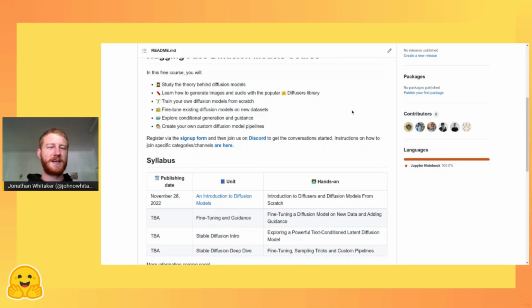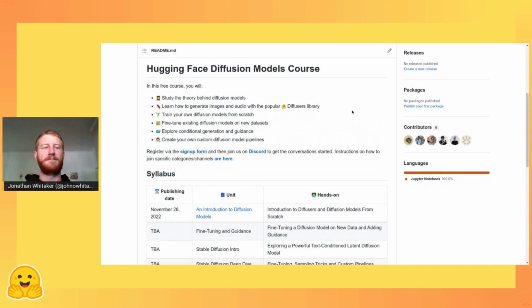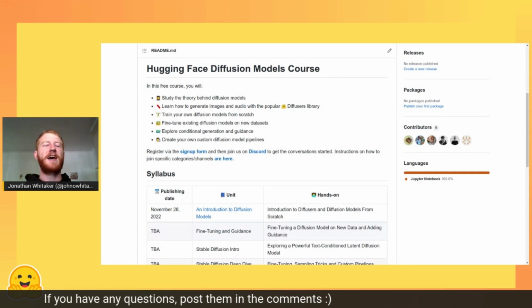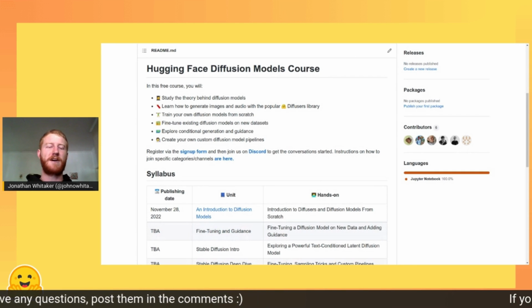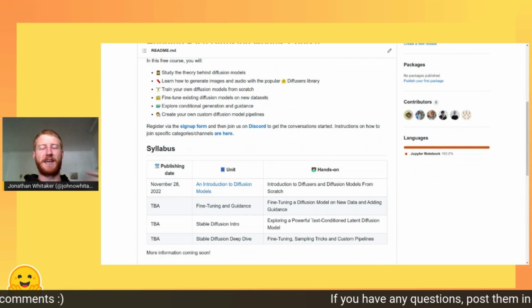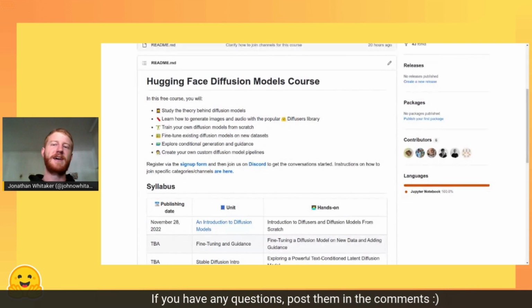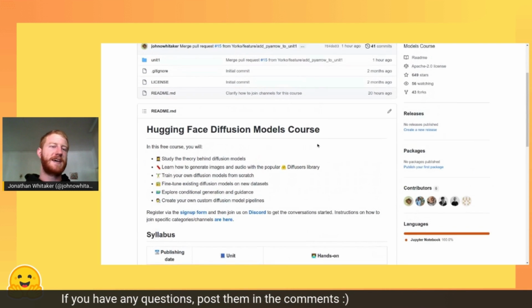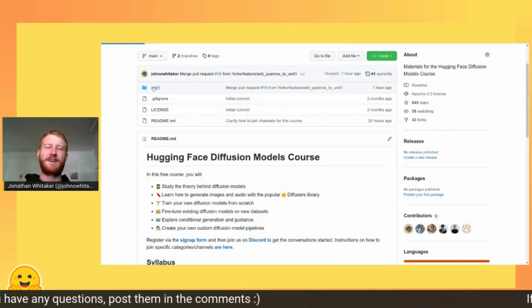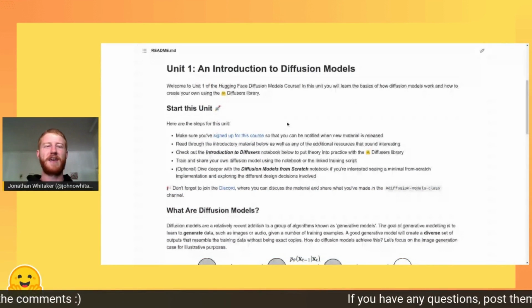So this course, we're very excited just to try and introduce these ideas to get you up and running, specifically on using the diffusers library in this case, but more generally trying to understand the different concepts from the basics all the way up to something like Stable Diffusion, taking it, fine-tuning it, adapting it, and really understanding all of the pieces that go into some big complex system like this. At the moment, it's just Unit 1 that's out, very much the introductory material, but hopefully enough to get you up to speed with the core ideas.